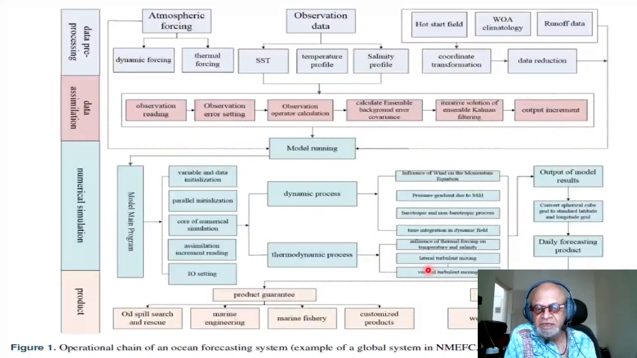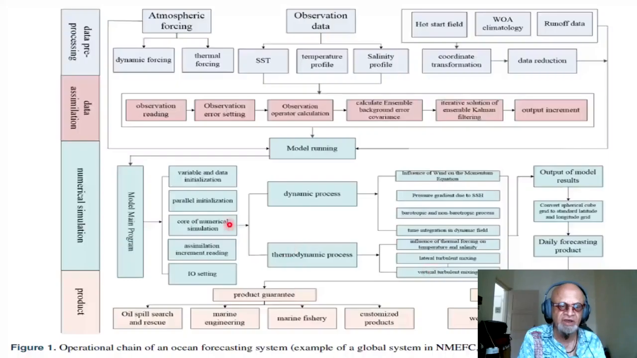This is from the Chinese system called NMEFC, National Marine Ecosystem Forecast something. Operational chain of an ocean forecasting system. So here you have data processing, data simulation, numerical simulation, and the products. Obviously you have atmospheric forcing, which can include dynamic forcing and thermal forcing, so momentum and fluxes, buoyancy and heat fluxes, and you have observational data in terms of sea surface temperatures, temperature profiles, salinity profiles, and you have hot